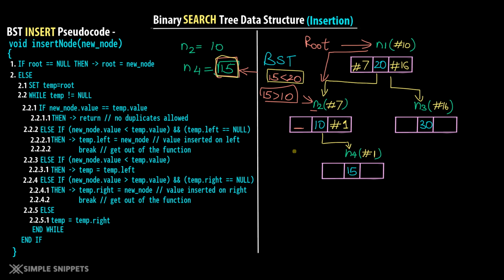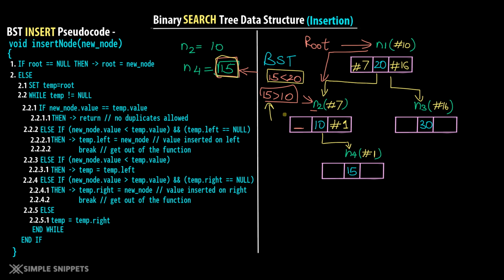Okay, so as I mentioned, we have to attach nodes at the end. What I mean is, I could append n4 below n2 because n2 had a blank right pointer. If n2 had something else over here, that is, if n2 is pointing to some other value n5, then we'll have to traverse till n5, right? So we can attach nodes only when either the left or right is blank, and also depending upon the comparison of the values of those different nodes.